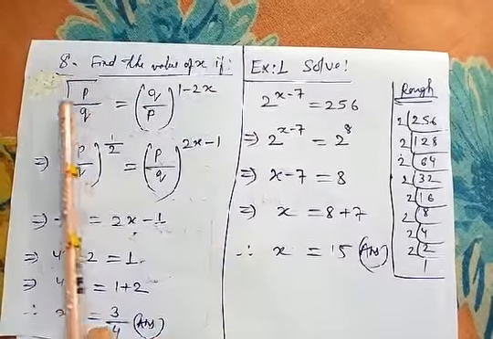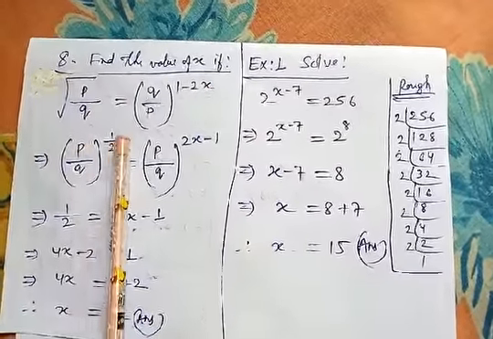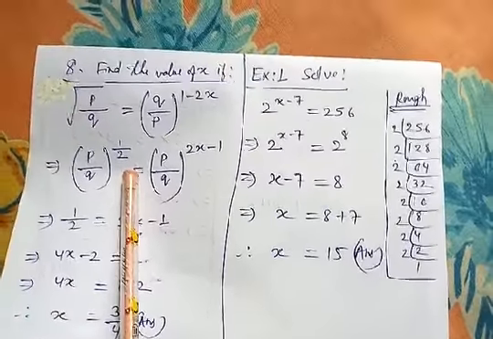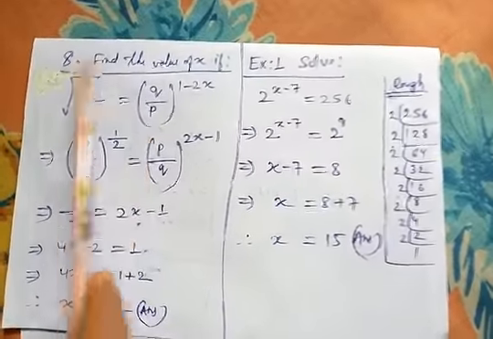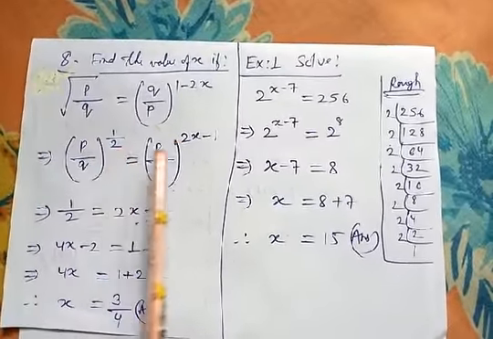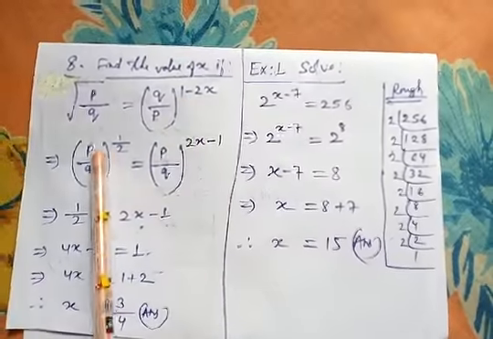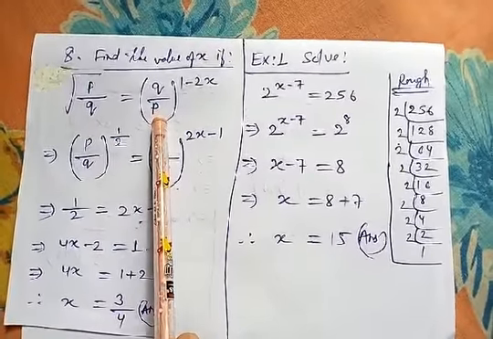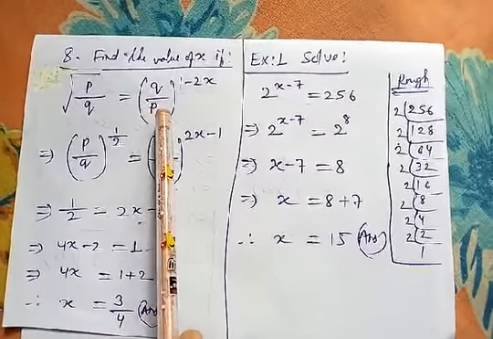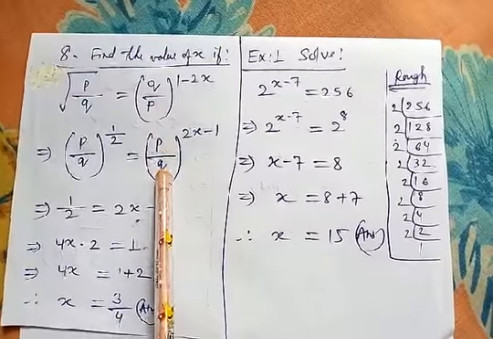So in this case, as you know, to remove the root we need 1 by 2 power. Just now I had discussed. So same thing, root vanished, but 1 by 2 came as power. And here we have p by q. Here also we made p by q. So interchange denominator and numerator. P went up, q came down.